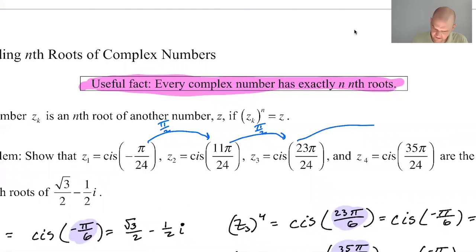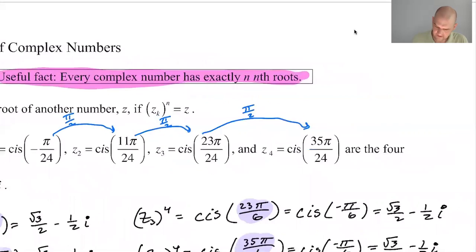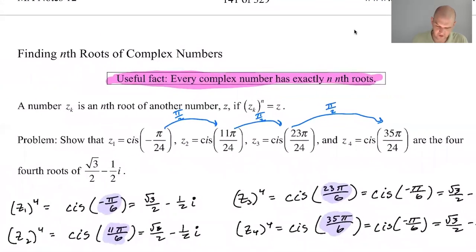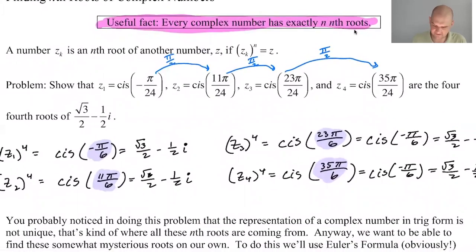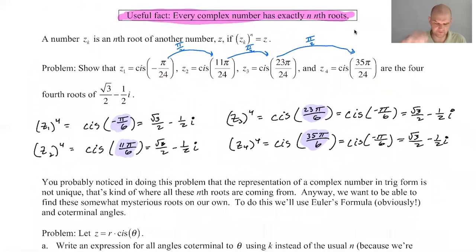If I add it again, I get that. I only have to add it 3 times because there are 4 of them. So they're evenly distributed, all pi over 2 apart. That's kind of interesting, and we're going to end up using that a lot. They're evenly distributed around basically the unit circle,